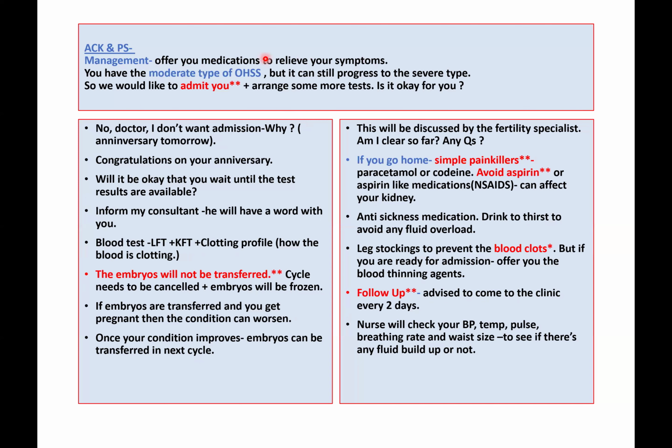And I would like to tell you that there are not 3 types, Bushra. There are 4 types of OHSS: mild, moderate, severe, and critical, isn't it? Yes, I know. But I forget. It was maybe a slip of the tongue. Okay. Yes, there are 4 types of OHSS. If you want to explain that way, use your language. You're free to use that.